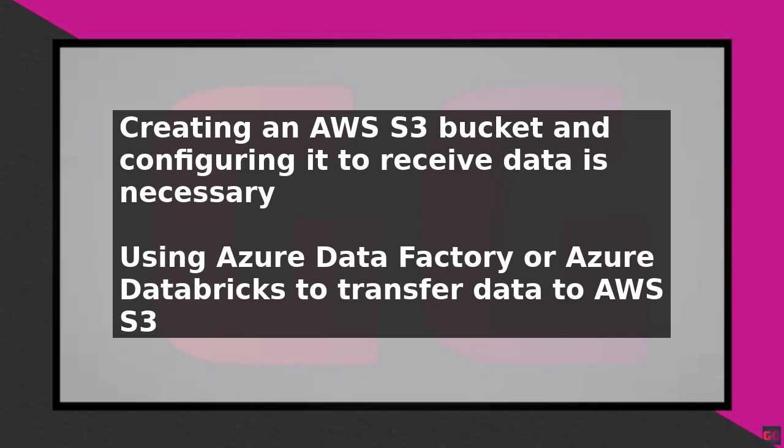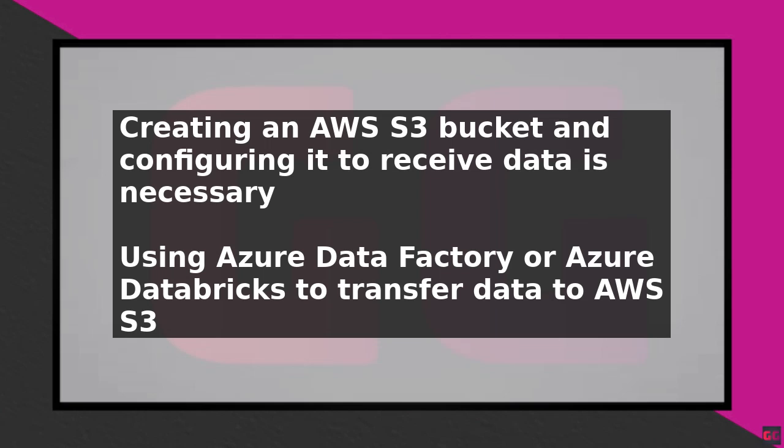To transfer data online, you need to create an AWS S3 bucket and configure the bucket to receive data from Azure. You can use the AWS Management Console or the AWS CLI to create and configure the bucket. Once the bucket is created, you can use the Azure Data Factory or Azure Databricks to transfer data from Azure